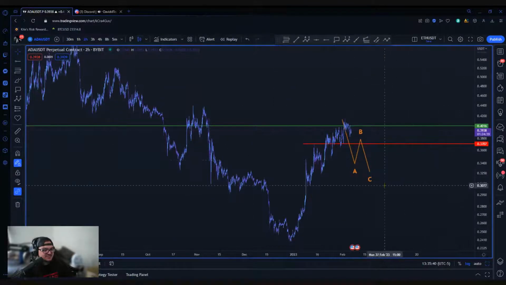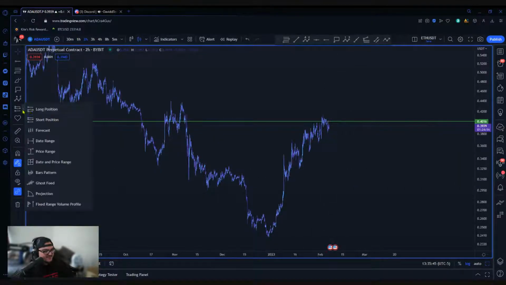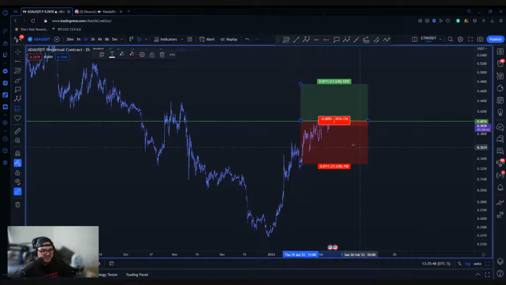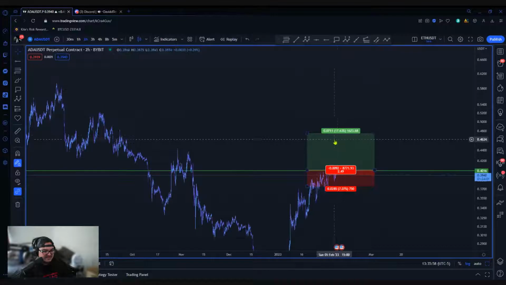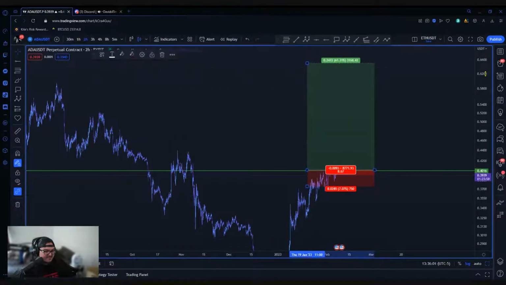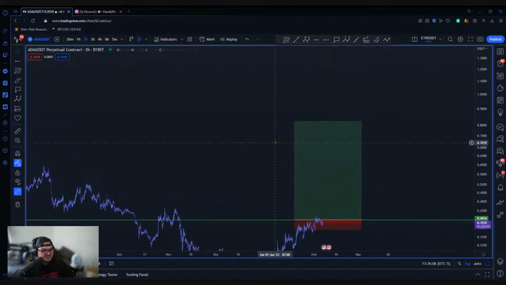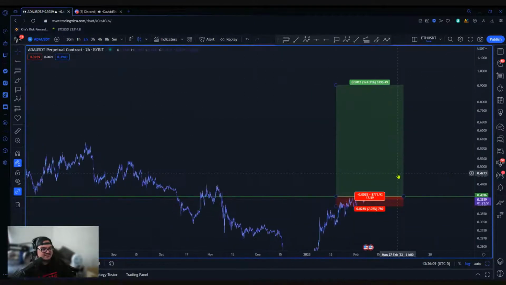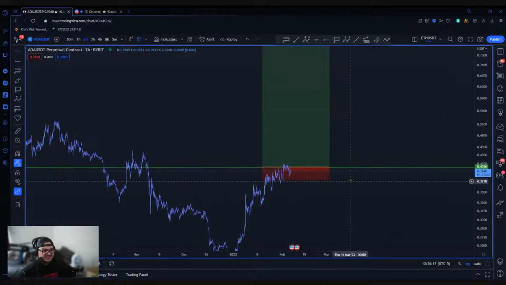If you guys are curious about macro positions, pretty much what I do with macro or swing trades is I take the same setups. This is what I do on my main account. I will take these larger setups, but I will use a very extended stop loss. In this case, for ADA, I'll probably use like 7%. The risk percentage-wise is less, but the dollar amount is more. I'll basically just ride this to the upside and try to get as much out of it as I can. That's primarily how I handle my swing positions, but if you guys want to do something similar, you absolutely can.